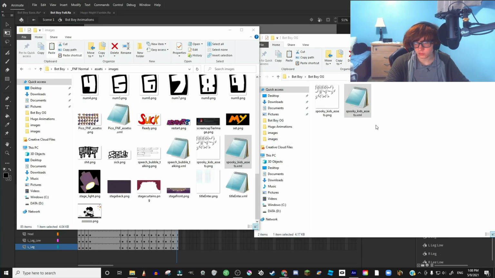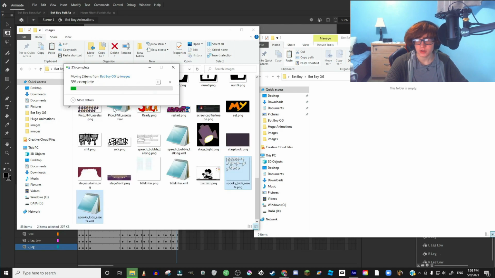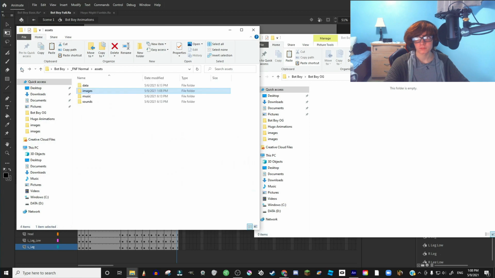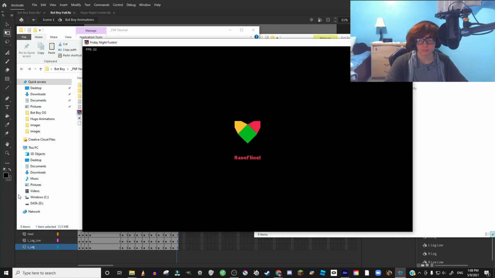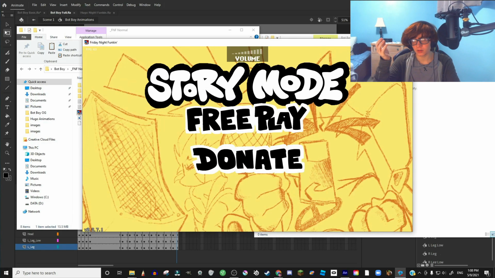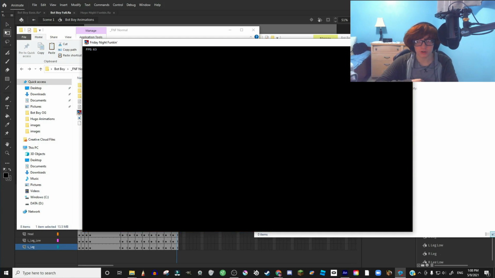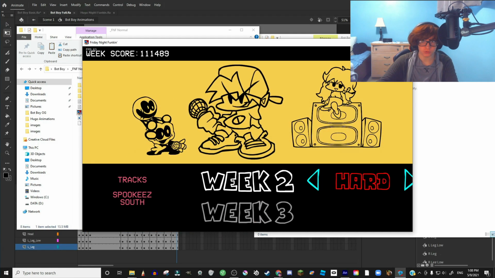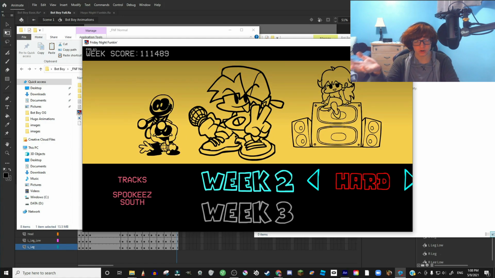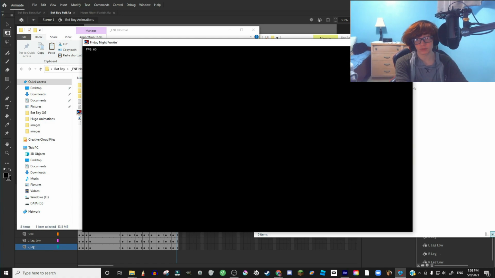Now that you have your files, what you're going to do is import them into FNF. So you're going to just drag them in, and then do replace file destination. Suggestion, I definitely would save the normal files, just in case. And so what you're going to do is play the game. Now you're going to go to the selected week of what you put your character in, which is week 2 for this. It's not gonna change that on the front because that's a separate thing. So you're gonna open that up as per usual,